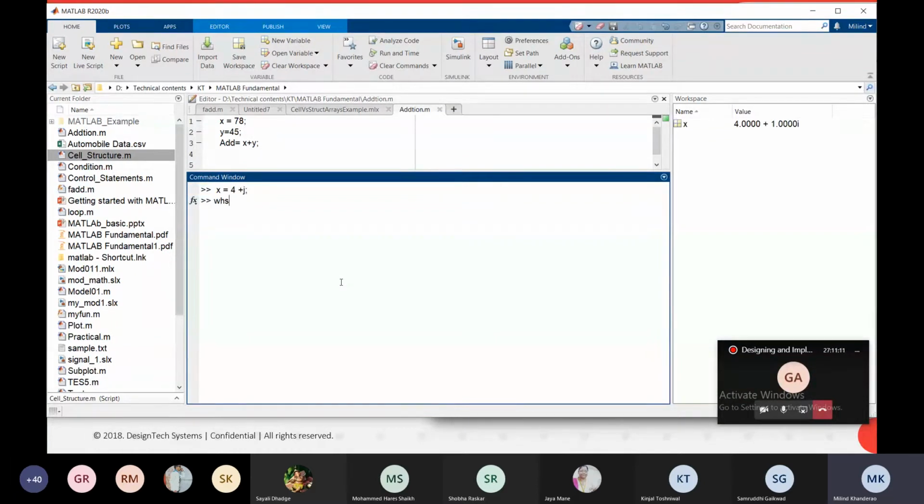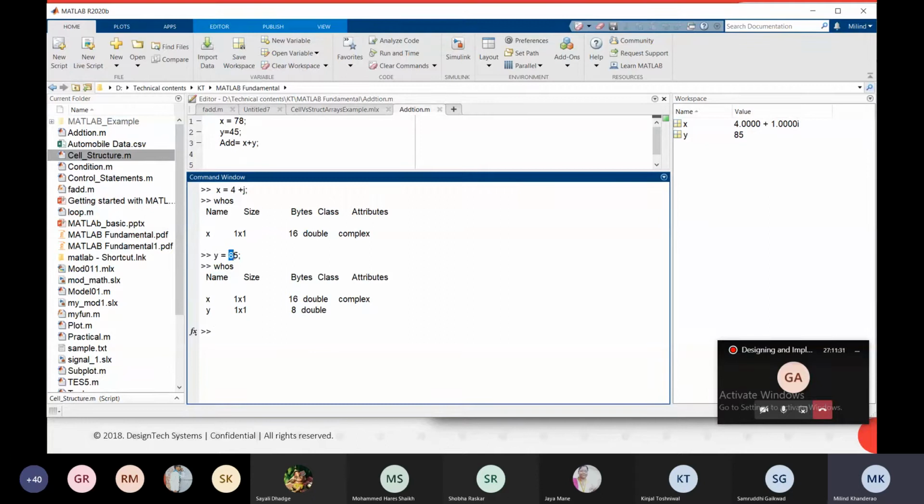Now I will tell you what kind of data this is. You can see this is a complex number. Let's say y equals 85. So it's an integer number.